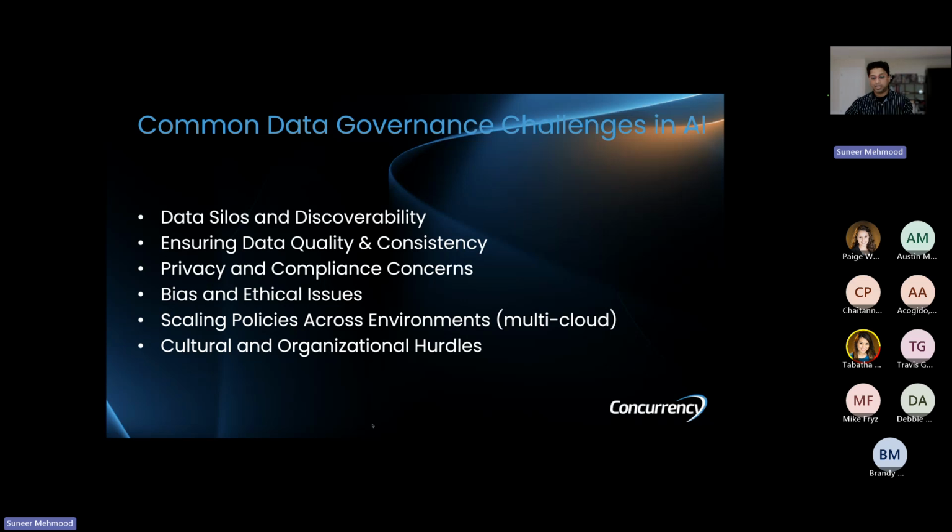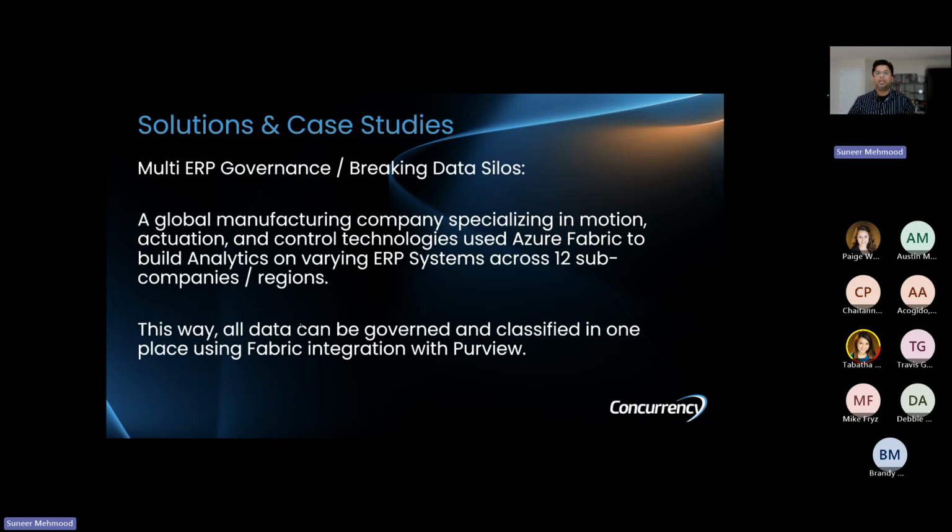And then there are cultural and organizational hurdles. Mostly, AI teams and machine learning teams want to move quickly, so if there are a lot of governance practices, there is a perception that it could slow them down. But actually, proper governance only eases all of this, because you know where your pristine data is and have control over where your data is coming from. You have trust in your data, and you can project that trust to your clients and also to compliance audits and so on and so forth.